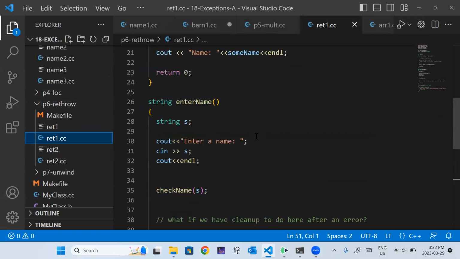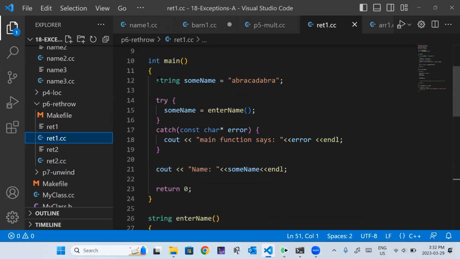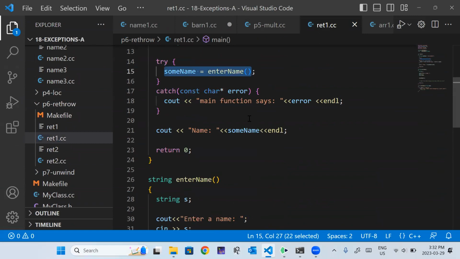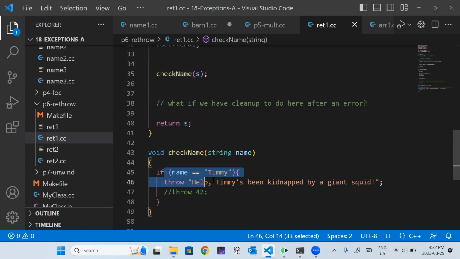Okay, so here we have Timmy. Again, Timmy's in trouble. But we have a some name variable, and inside of our try block, we call enter name. So we want to get some user input, and then potentially something goes wrong. In our enter name, we call check name, and then check name throws some error if it figures out that Timmy is the name.